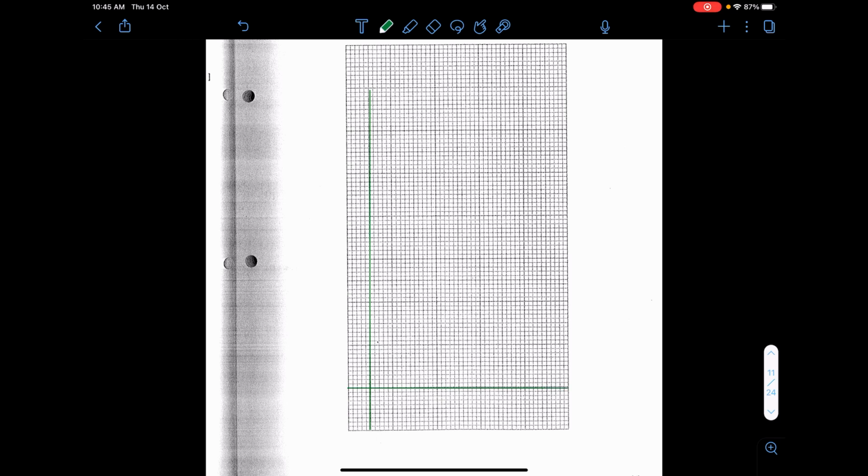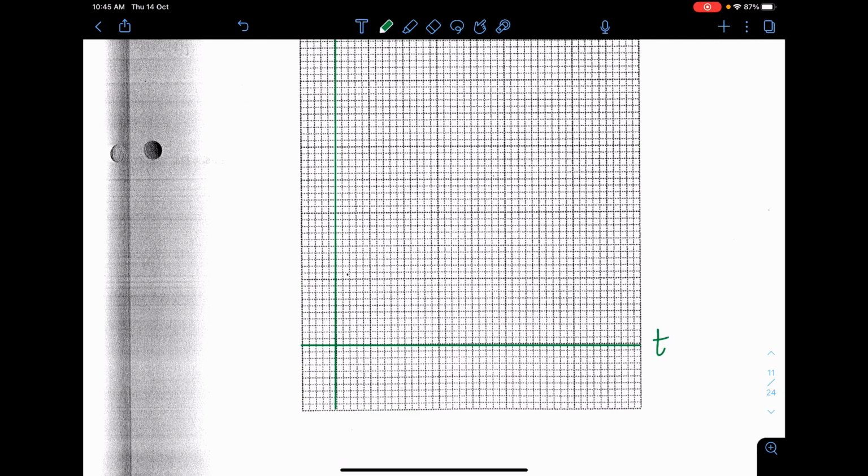This is the x-axis, which is t. This is the vertical axis, which is ln of v plus 3. Before I put the coordinates, I need to put some numbers. Maybe this is 1, 2, 3, 4, 5, and we want until 8, right? 6, 7, and then 8. So it's quite enough.